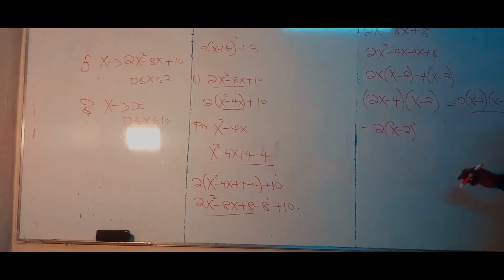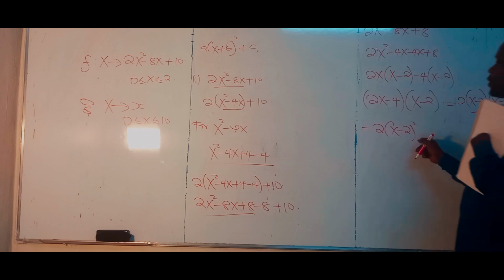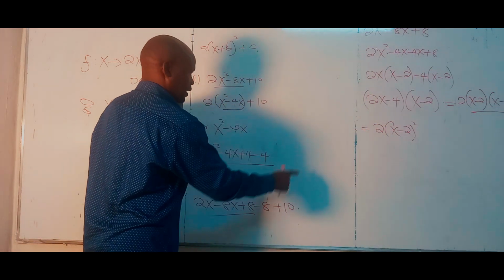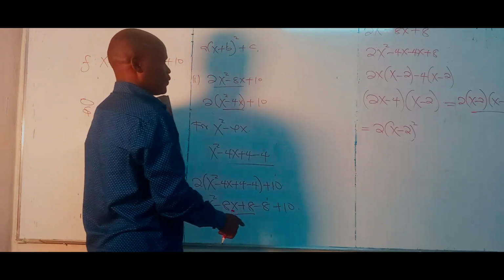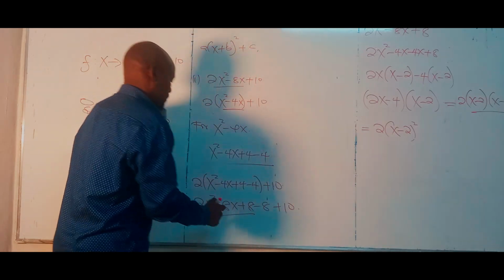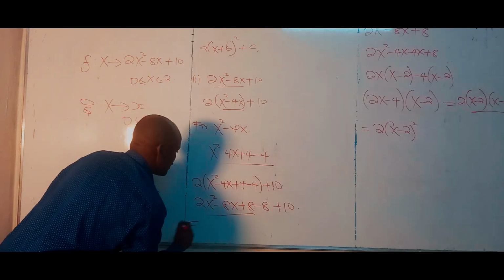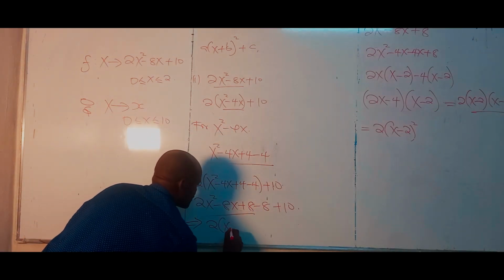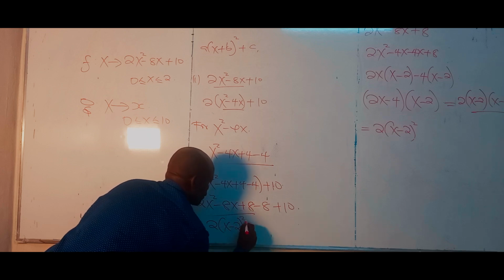So this is x squared. So 2 into x squared minus that. So that is this. Then I come and bring it. So if that's what I have, then it means that now I have here 2 into x minus 2 squared